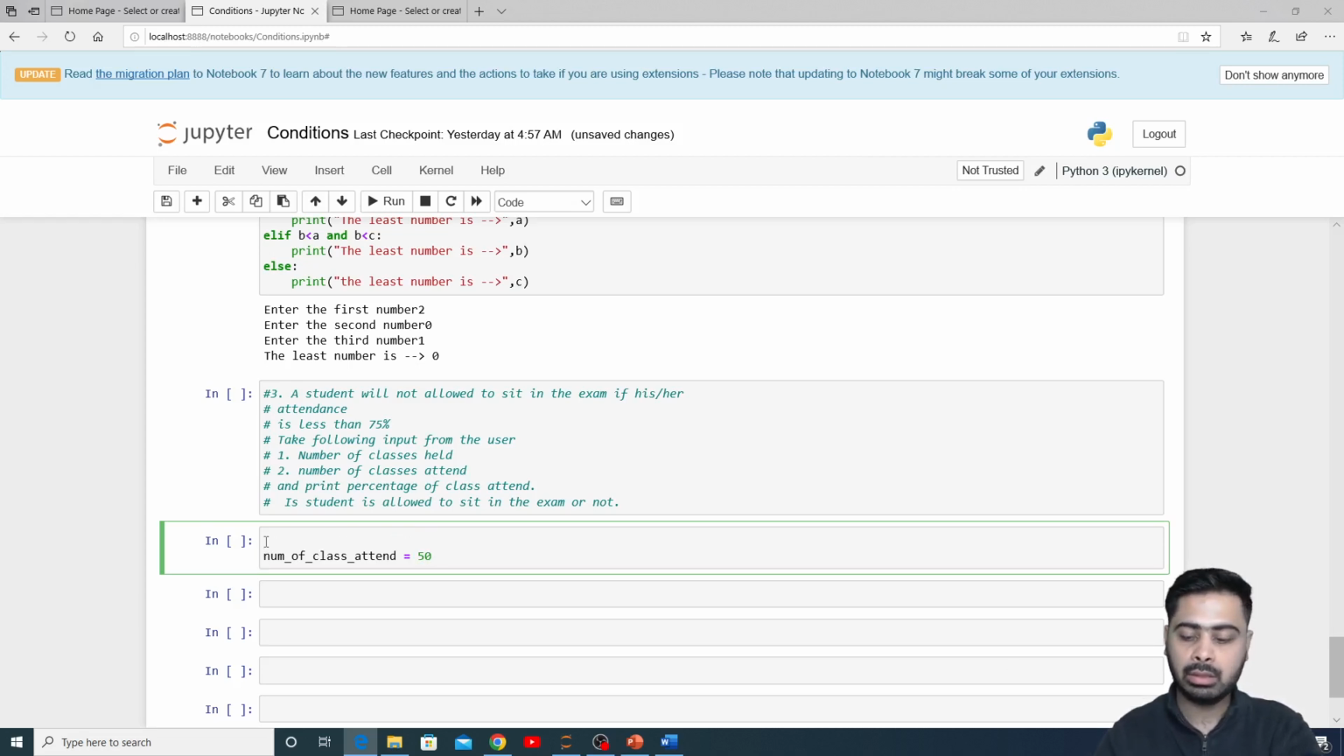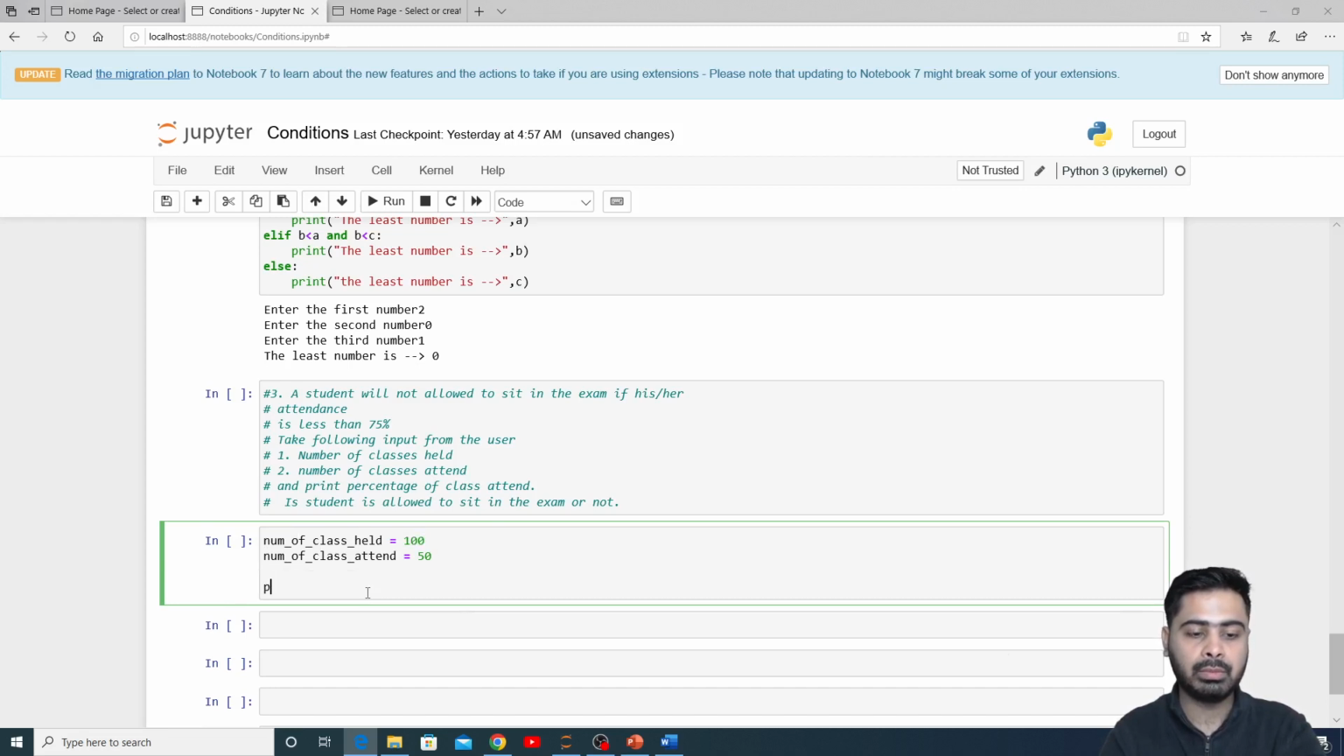And what is the number of classes held? Suppose 100 classes हो चुकी है. Now what is the percentage of class? So percent of class is equal to,